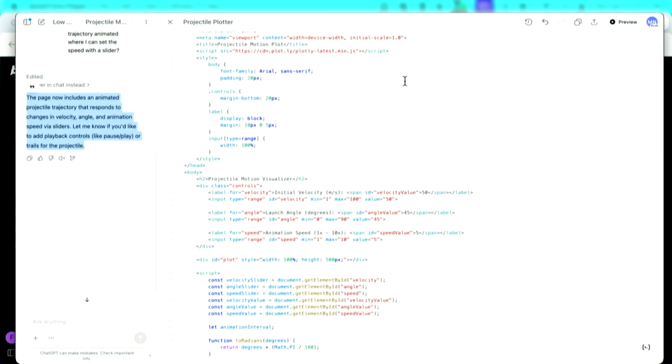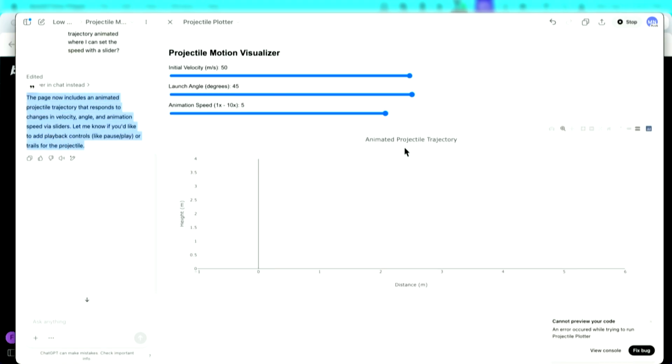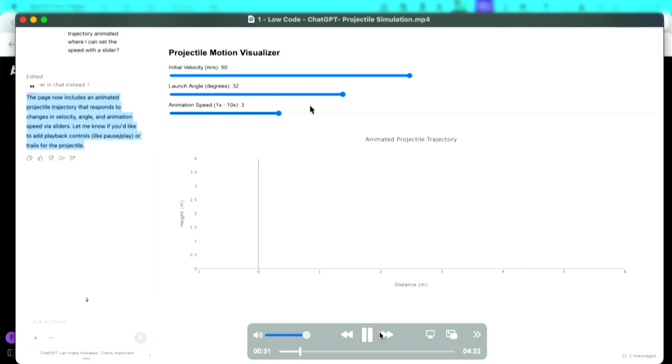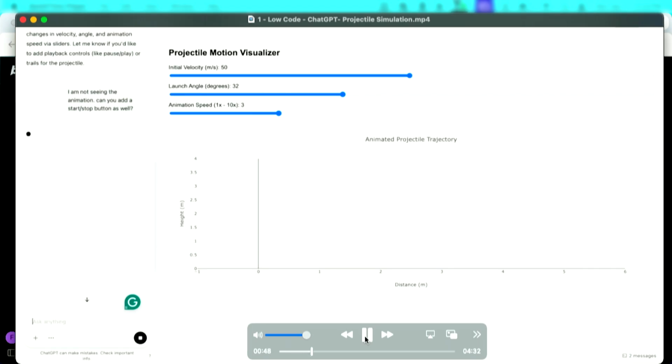But it's great, but I wanted to do some more. I wanted to animate it. So I told it, can you add some animation? Well, I did, but it's not actually doing any animation. So something's wrong with the program. So you can look at what I'm typing in here and say, I'm not seeing the animation. Can you add a start-stop button? So I'm telling it to do something different, hoping that it might, by doing so, fix the problem. And this is that iterating through a solution.